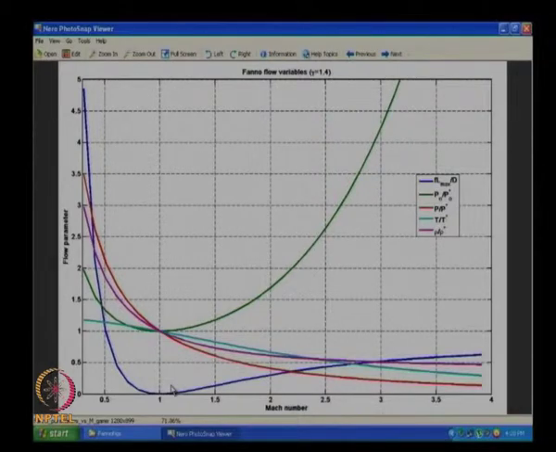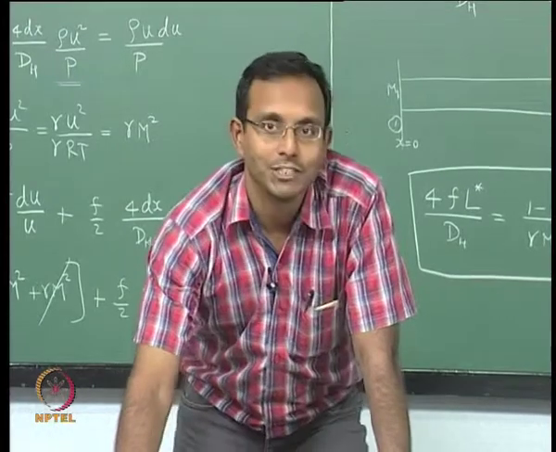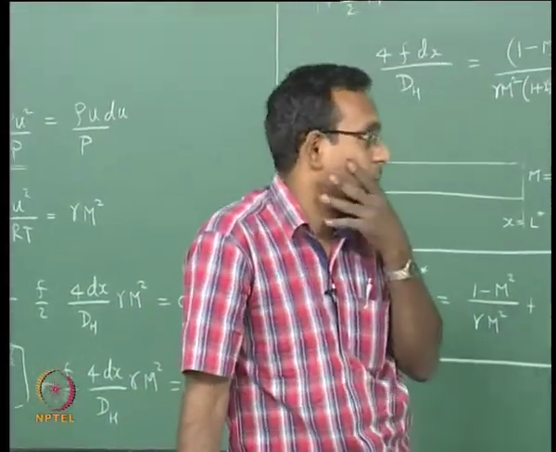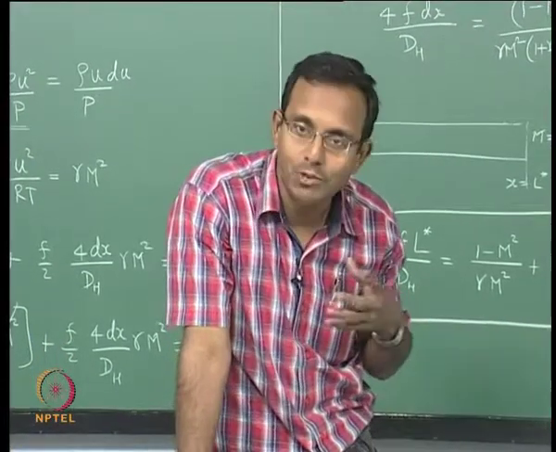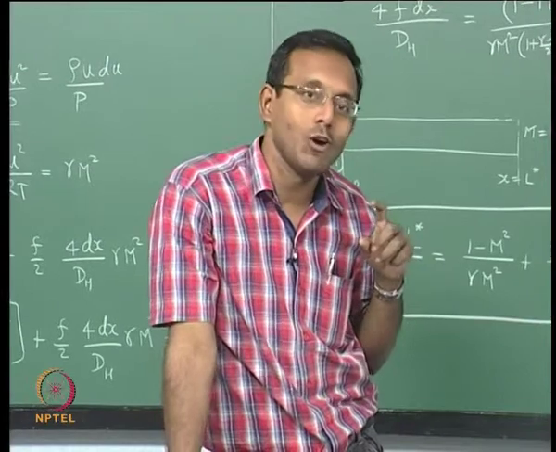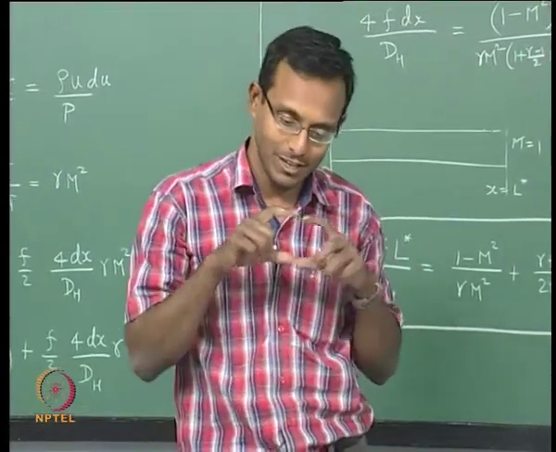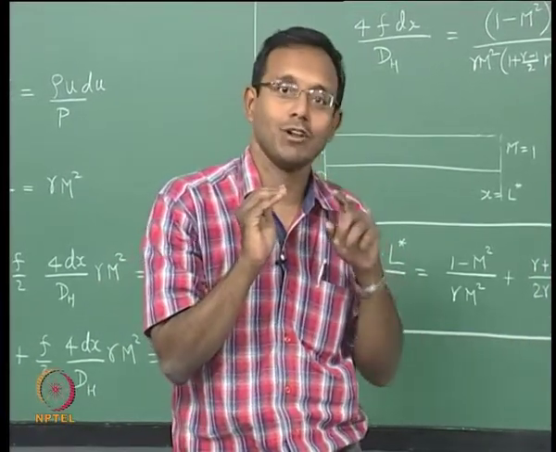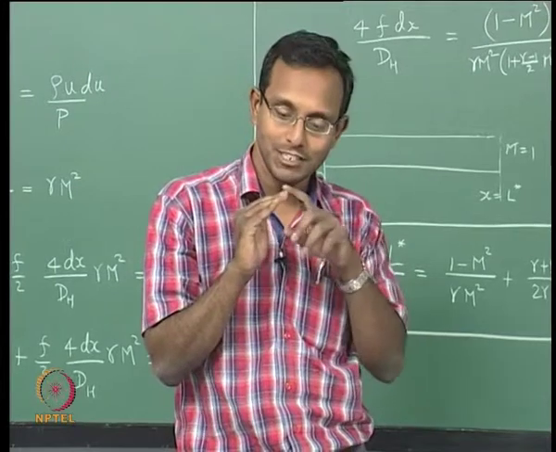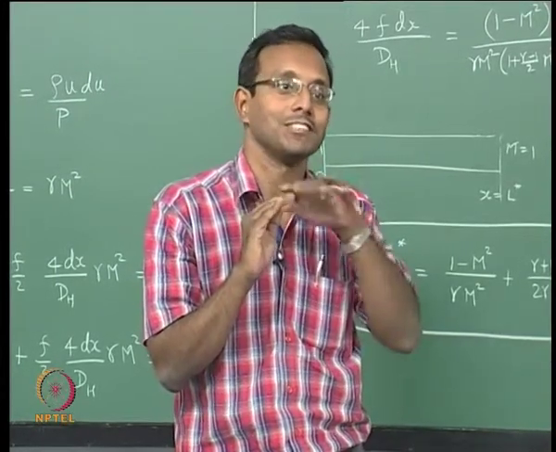If the friction is too high, then there is too much resistance. I am going to say that if I go subsonic, I am going to have lesser wall gradients of velocity. If I have lesser wall gradients of velocity, I am going to say the shear stress at the wall will be very small, so I will have lesser resistance.